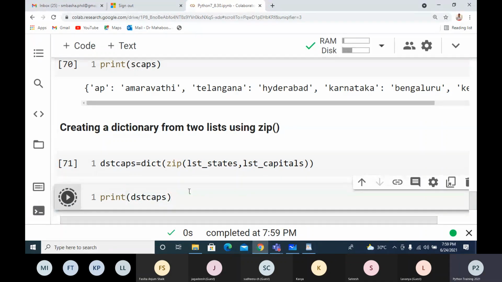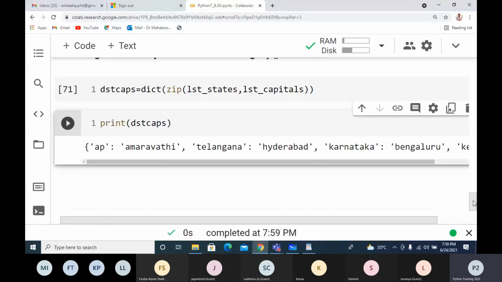This is how we can combine two lists where one list has the keys and another list has the values. Then I can create a dictionary from two independent lists. Instead of comprehension, I can use the zip function simply like this. Then I'll get the dictionary in a more efficient way.